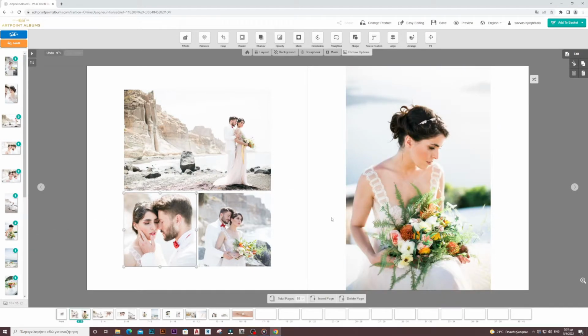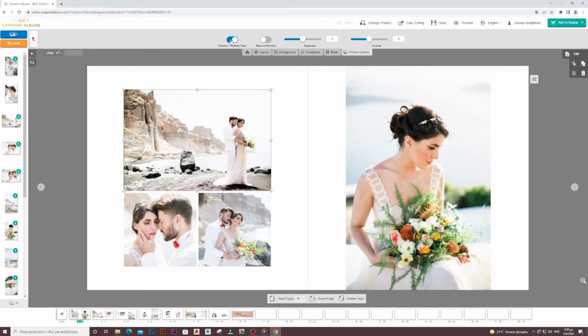Let's see what I can do with the buttons above my spread. Let's start with the Picture Options button. Effects. I have the option for color, black and white and sepia. Pressing the left arrow returns to the menu or click on Page Options again. Enhance. Enhance perfectly clear improves the photo,